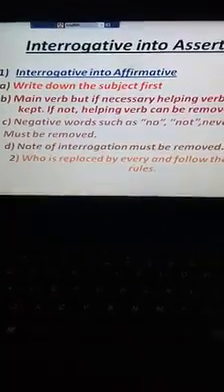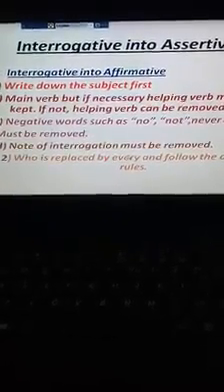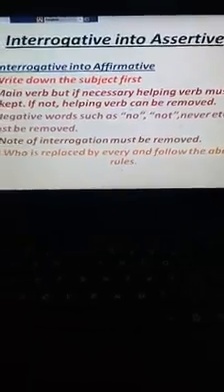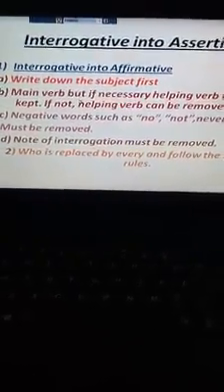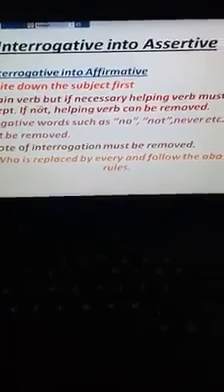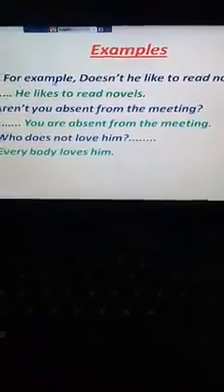Number 2: who is replaced by everyone, everybody, or all. Everyone, everybody, or all, and you should follow the above rules. That means these basic steps. Okay, for example,